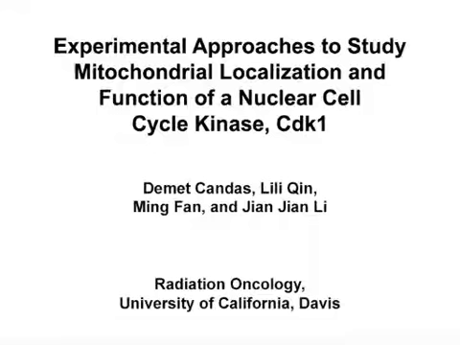The overall goal of the following procedure is to determine the sub-mitochondrial localization of a normally nuclear cell cycle kinase, and then to analyze how its mitochondrial localization affects the progression of the cell cycle. This method can help answer key questions in the mitochondrial research field, such as how the nucleus communicates with the mitochondria